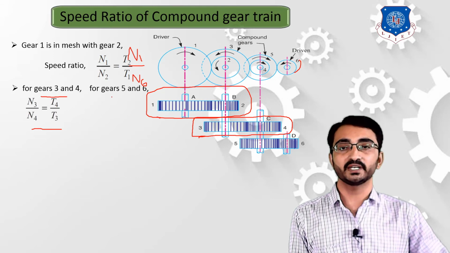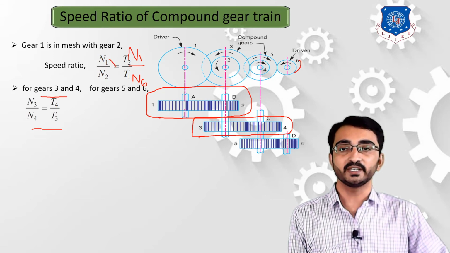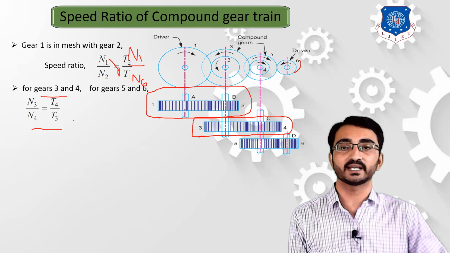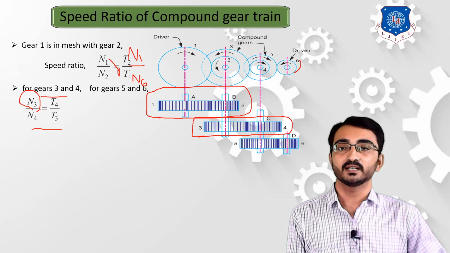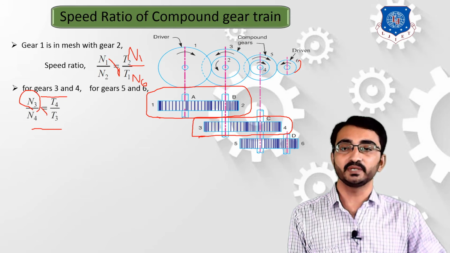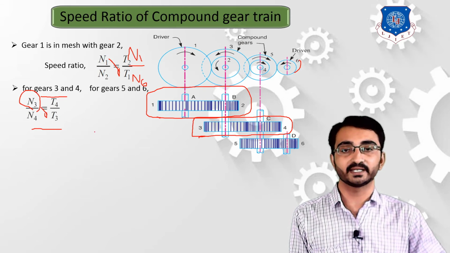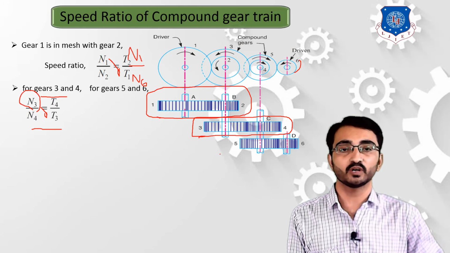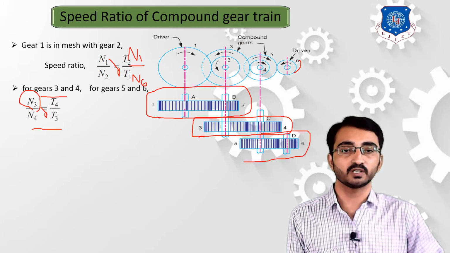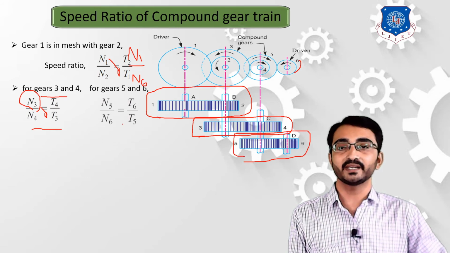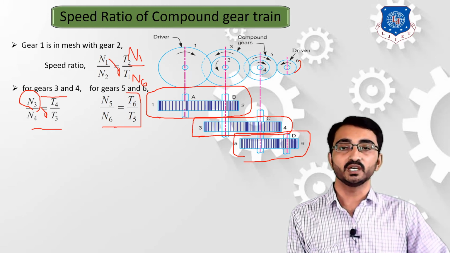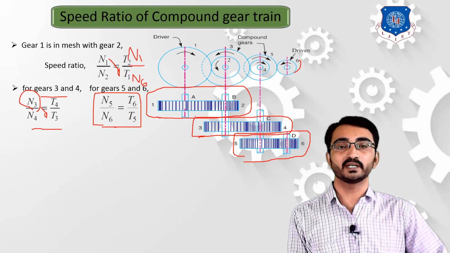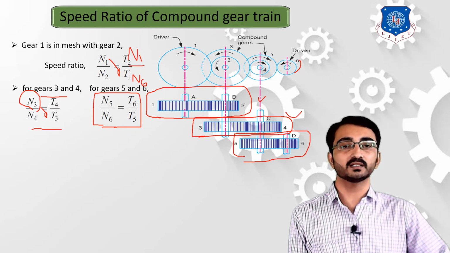Over here, you have to simply remember that the speed is always inversely proportional to the number of teeth of that gear. If you want to achieve the equation for N3 by N4, then N3 by N4 is equal to T4 by T3. Your speed will be inversely proportional to the number of teeth on that gear. Now what will be the equation for assembly of gear 5 and gear 6, because they are also a simple gear train? So we can write down that N5 by N6 is equal to T6 by T5. In this way we can consider that this compound gear train is assembly of 3 simple gear trains.